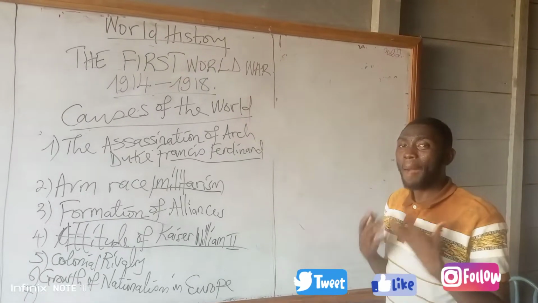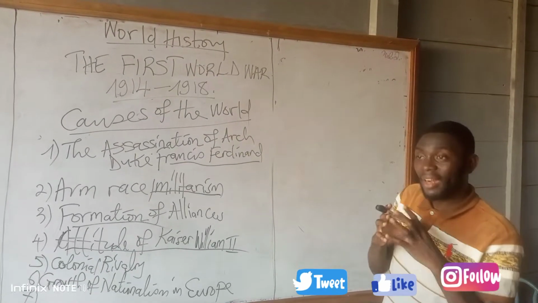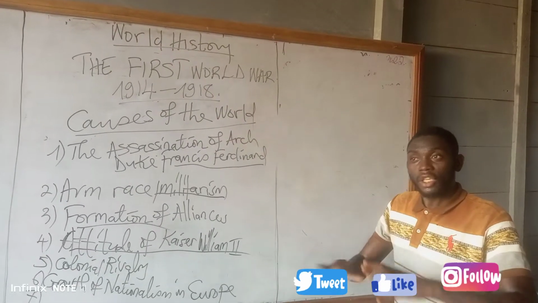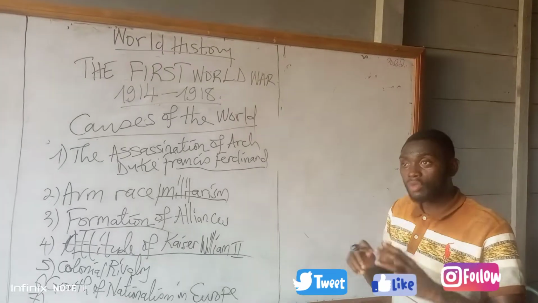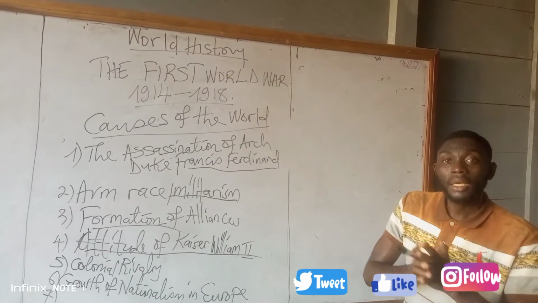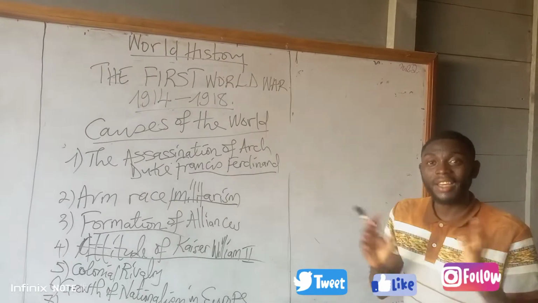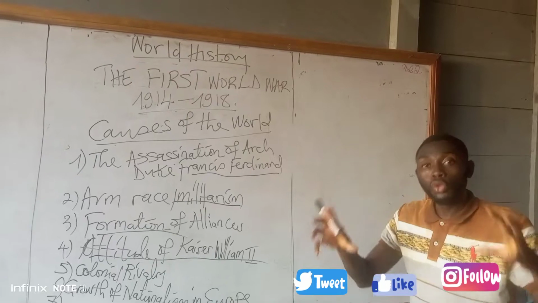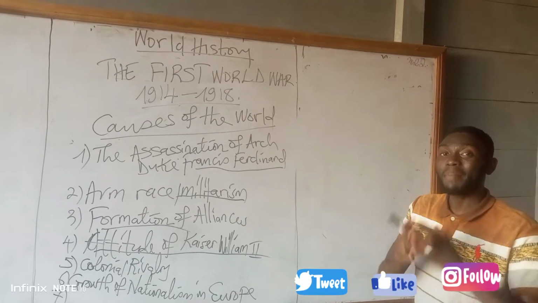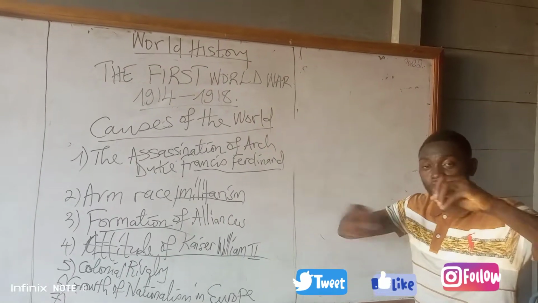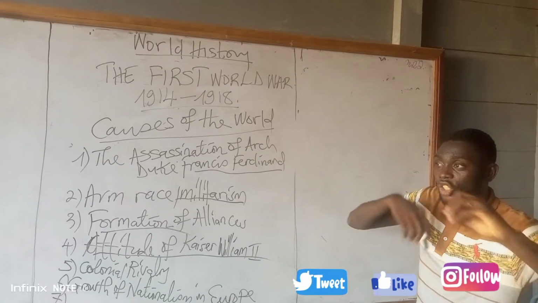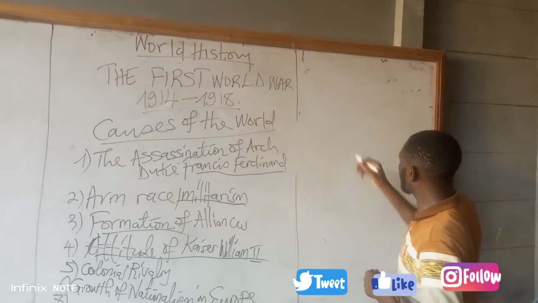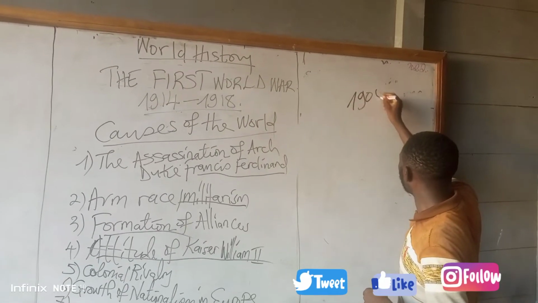Bismarck had warned him about going into a naval rivalry with Britain, but being a terrible child, he wanted to dominate Europe, knowing full well that the European powers understood that Britain was the dominant country in Europe in terms of naval fighting. Bismarck informed him, but the Kaiser wanted Germany to compete with Britain in naval fighting, and because of that, it encouraged naval rivalry between Britain and Germany. The worst of it was that Kaiser Wilhelm II encouraged, in 1905,